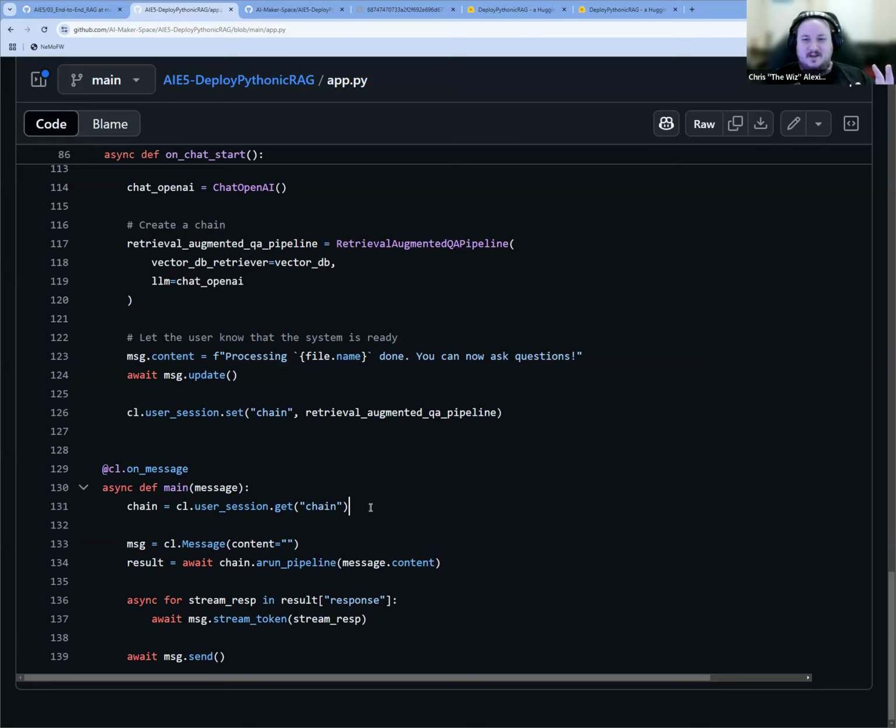It's using the async pattern, right? Which is handy because it's fast. And again, that's up to you guys to talk about in the breakout rooms a little bit. And then we get this result, which we know is going to have a generator in the response field. And then we can just sit there waiting for new tokens with the stream token method. There you go. And then we can send the final message back.